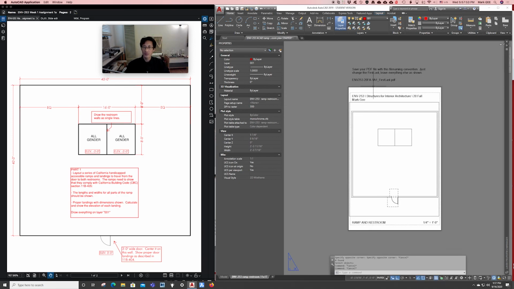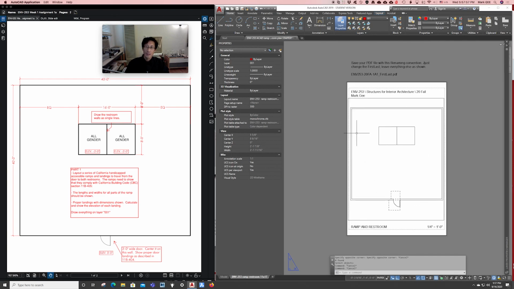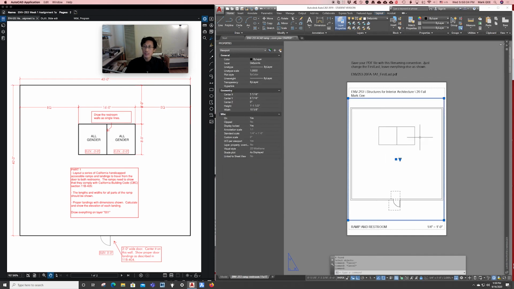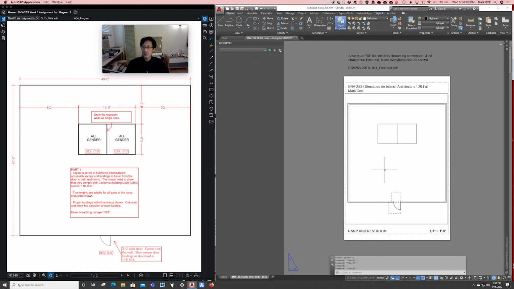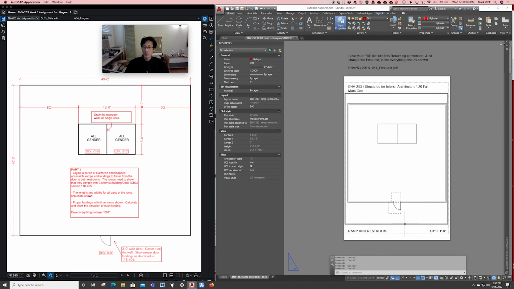This is an 11 by 17 piece of paper, and it has our drawing on here in what's called a viewport. We're looking into model space with the viewport, and the viewport is set up to be a 1/4 inch per foot scale, and I've got some text in here as labels